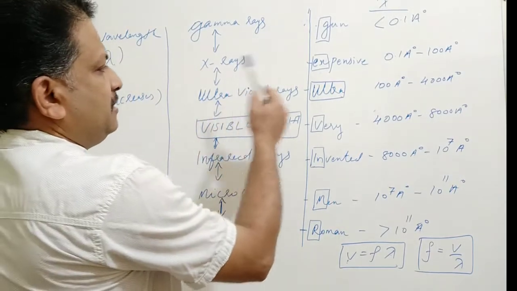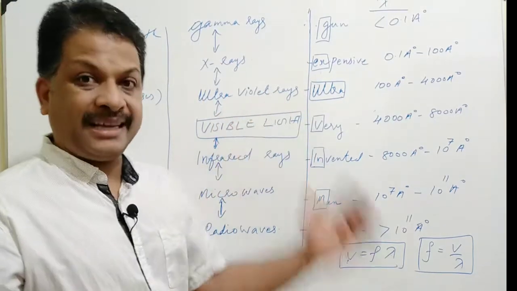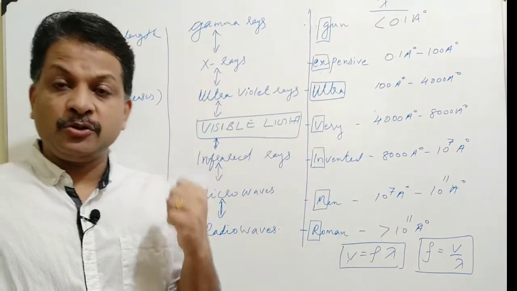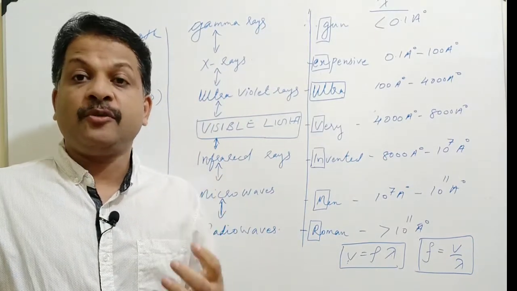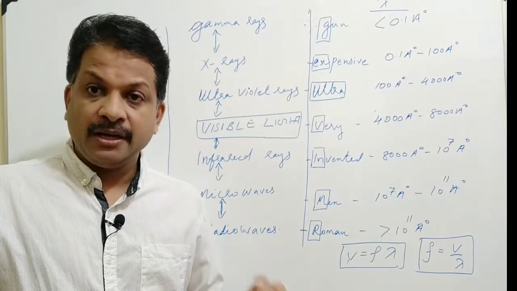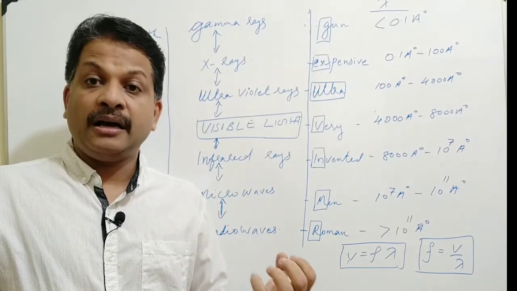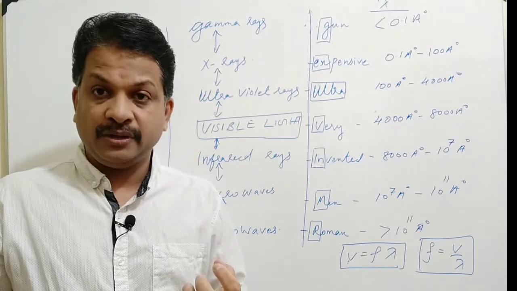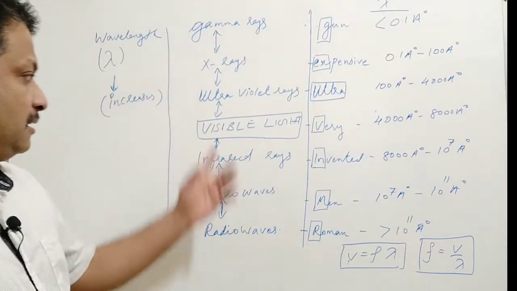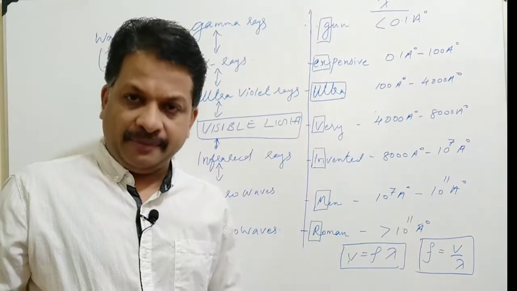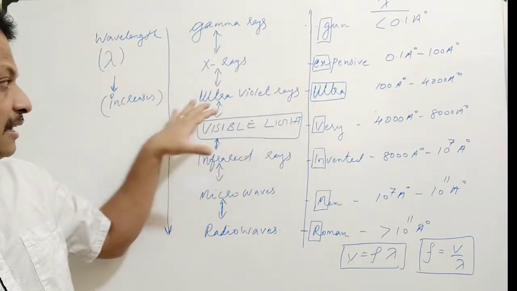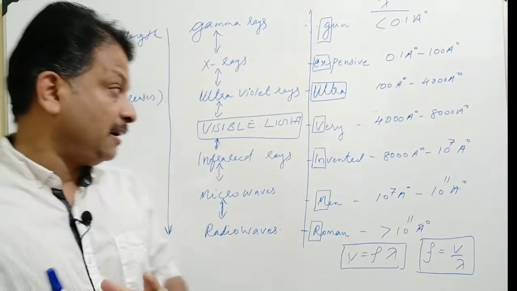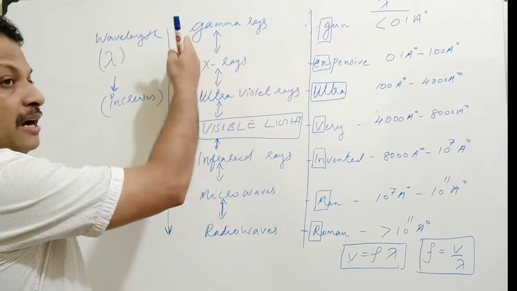Ultraviolet radiations are known by their chemical activity. They are very chemically active. That's why ultraviolet radiations are used to kill germs. They are used for sterilizing purposes in hospitals, to make the different surgical instruments germ free. Ultraviolet radiations are also used to check the purity of ghee, etc. Clear? Then visible light rays, which we can see with our naked eyes. All the other radiations, except visible light, we cannot see. They are not sensitive to our human eyes, you know it, the infrared spectrum and ultraviolet spectrum.